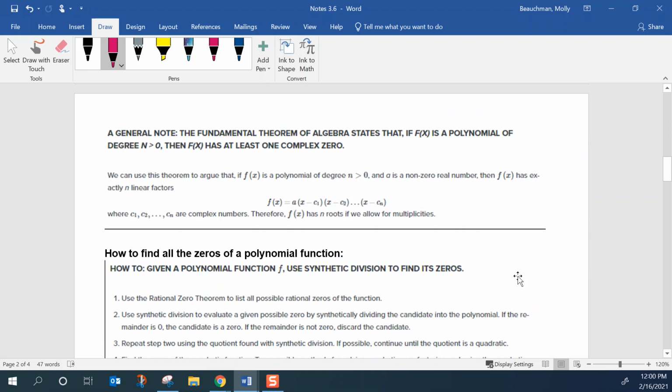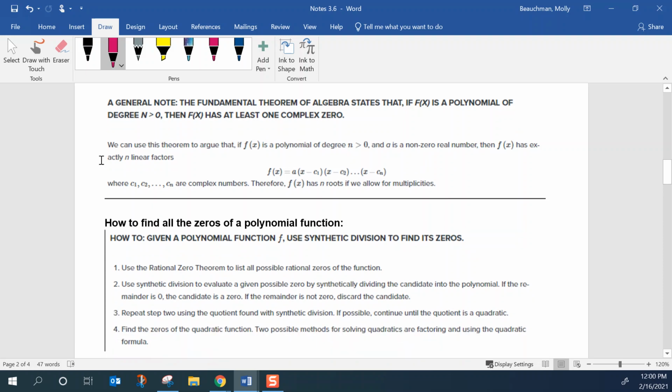All right, so one more idea, a general note. The fundamental theorem of algebra says that if f of x is a polynomial of degree n greater than 0, then f of x has at least one complex zero. What does this mean? So basically what we use with that theorem is if f of x is a polynomial of degree n, then f of x has n linear factors. So that means if your polynomial has degree 3,